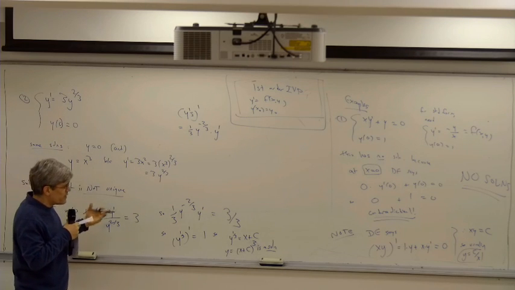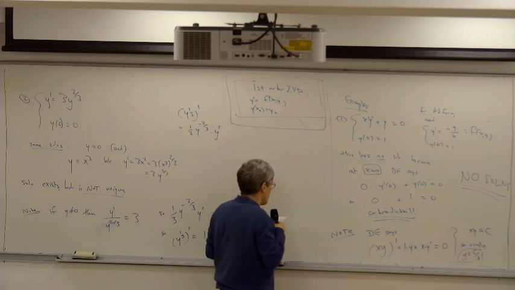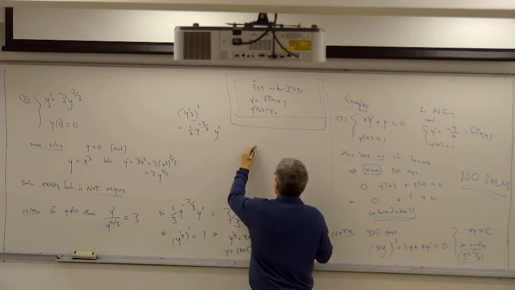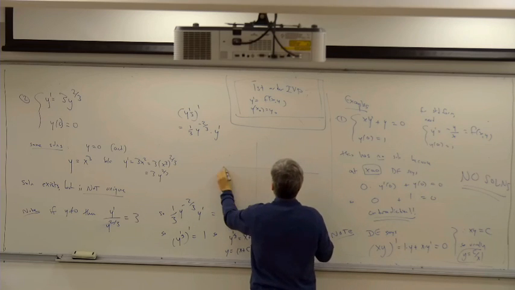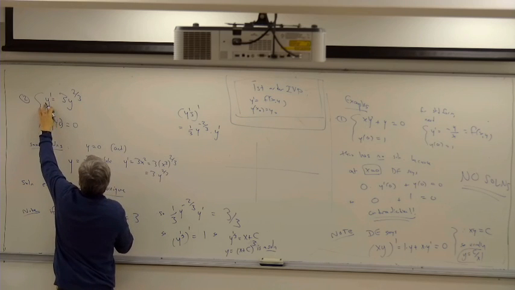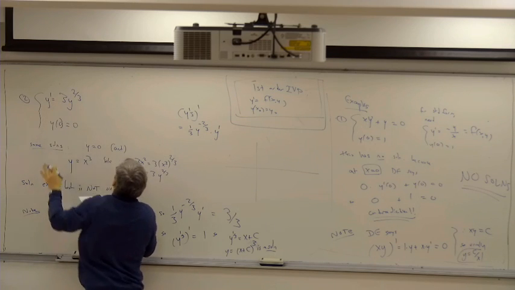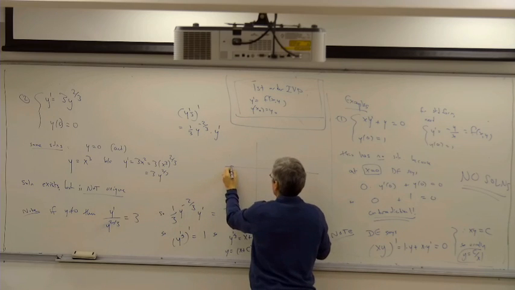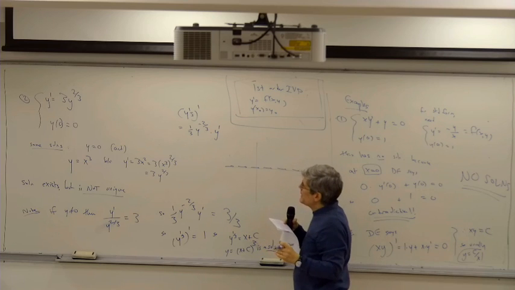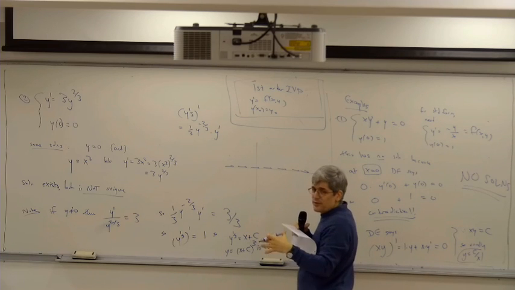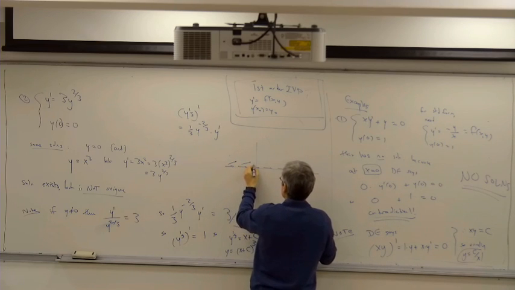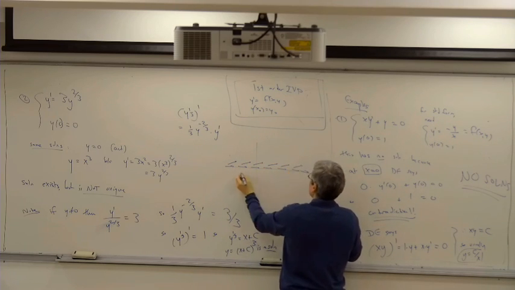But I just mentioned that there are these families of solutions. And what I want to do is sort of draw for you what this looks like. Like we did in a previous lecture, we can draw a direction field. When y is 0, y to the 2/3 is 0, and that means slope 0. When y is a little bit positive, y to the 2/3 is a little bit positive. And it can look like this. When it's negative,